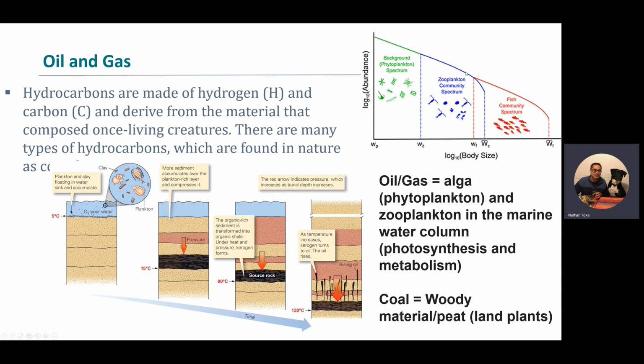Well, it's nothing compared to this logarithmic plot. There's much more zooplankton, small microorganism animals, and small microorganism phytoplankton, plant-like creatures. So these things, phytoplankton, algae, zooplankton, they're taking advantage of photosynthesis and metabolizing things, storing energy in their chemical makeup,